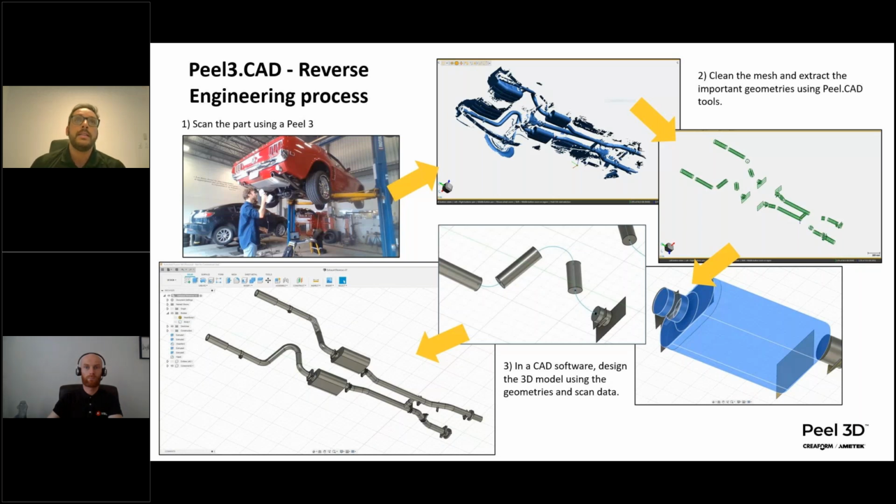So it's the second part here where we can see all the mesh created by the scanner. After the scanning, we will use the software Peel.CAD, which is the module that comes with the scanner, to clean the mesh first, and then create the geometries. So this involves removing any noise or unnecessary data from the scan. So as you can see, all that